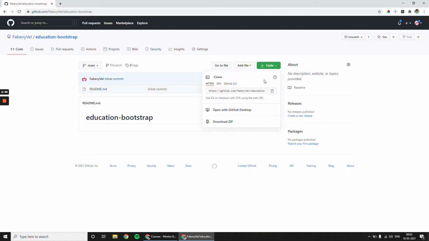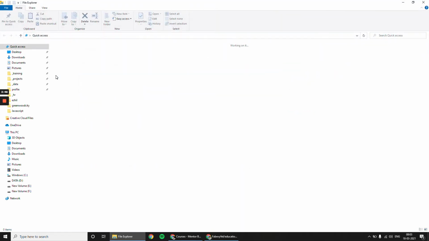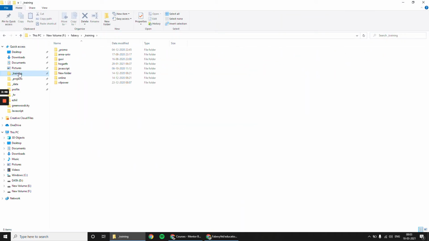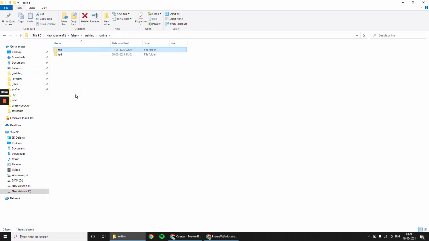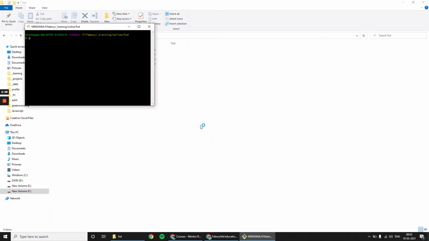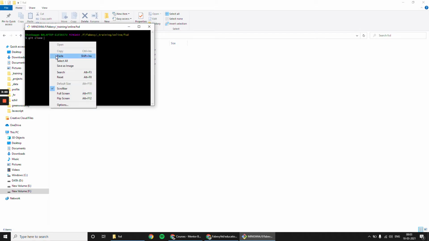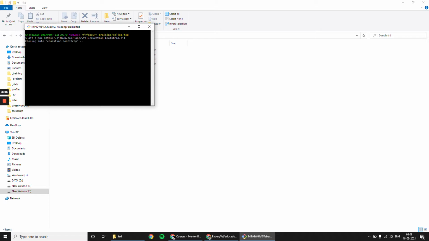So I need to bring this code to my system. Let me go to one folder, training. git clone, and you just need to paste the repository URL.